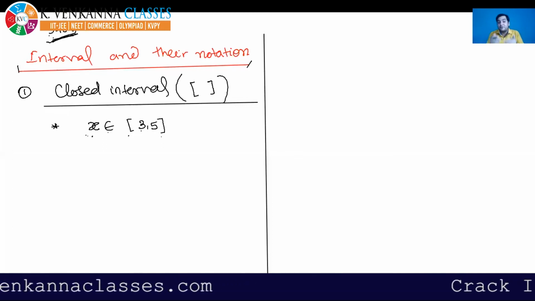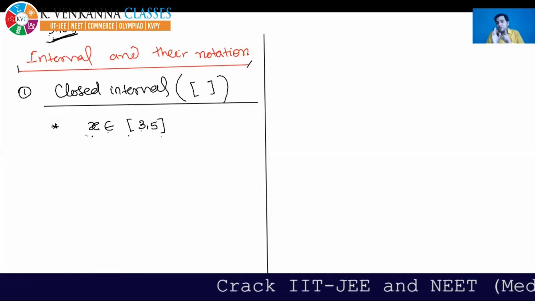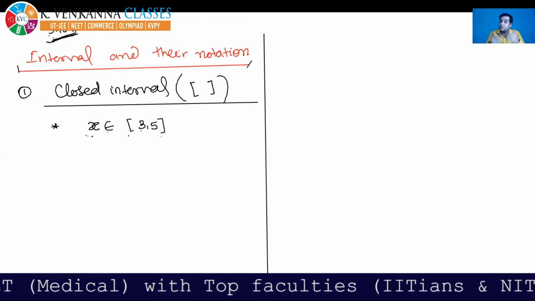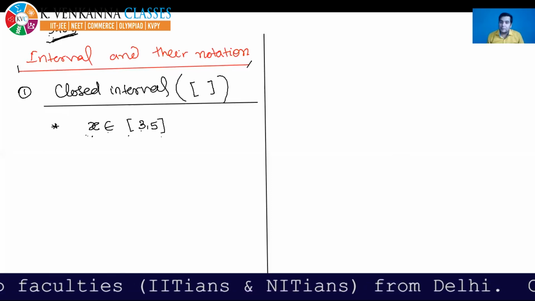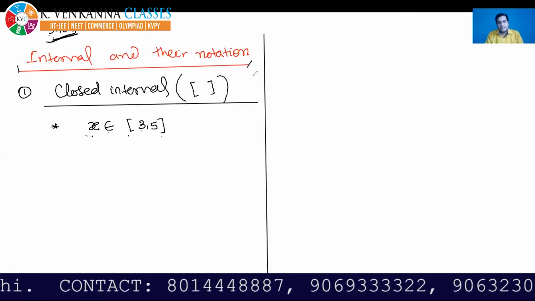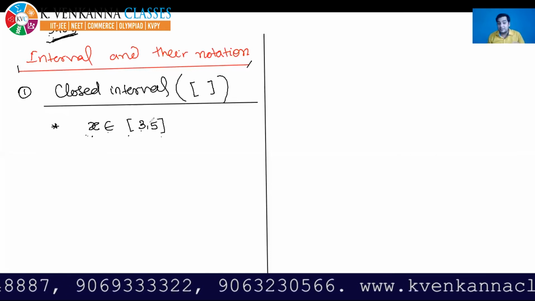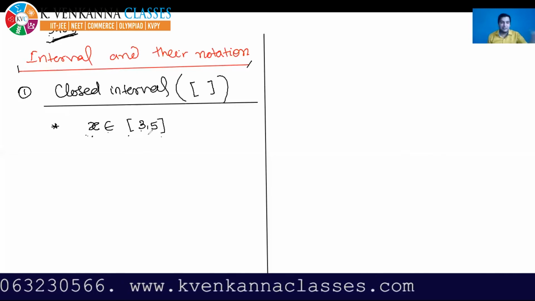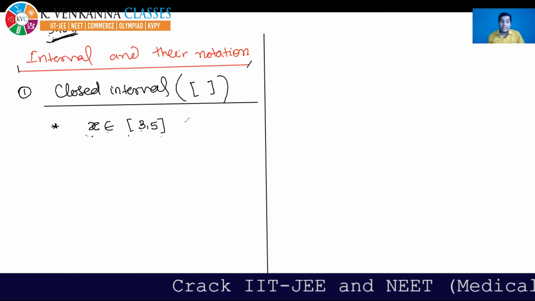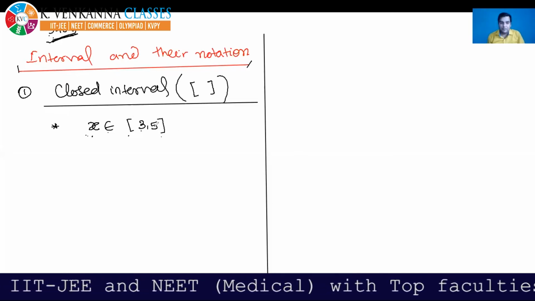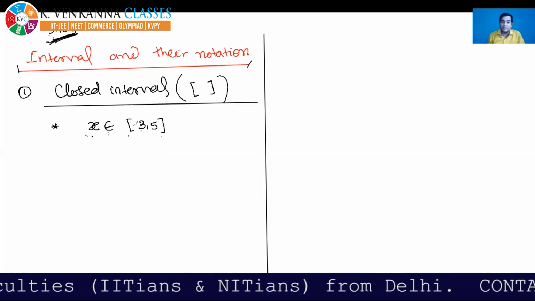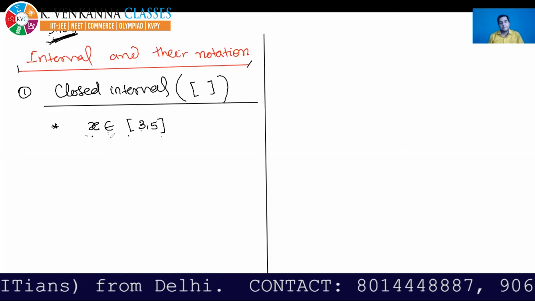Okay. In the way I am reading this, you must also listen carefully, because in the next class, if I ask you something and you are giving me the answer, you must read it in the manner in which I am reading it. So x belongs to 3 to 5. Listen again, 3 to 5, closed on both sides.